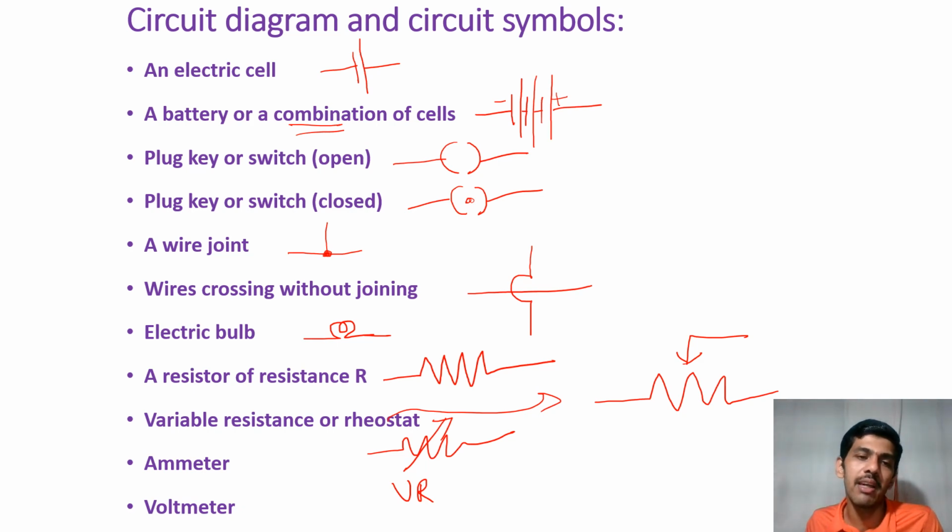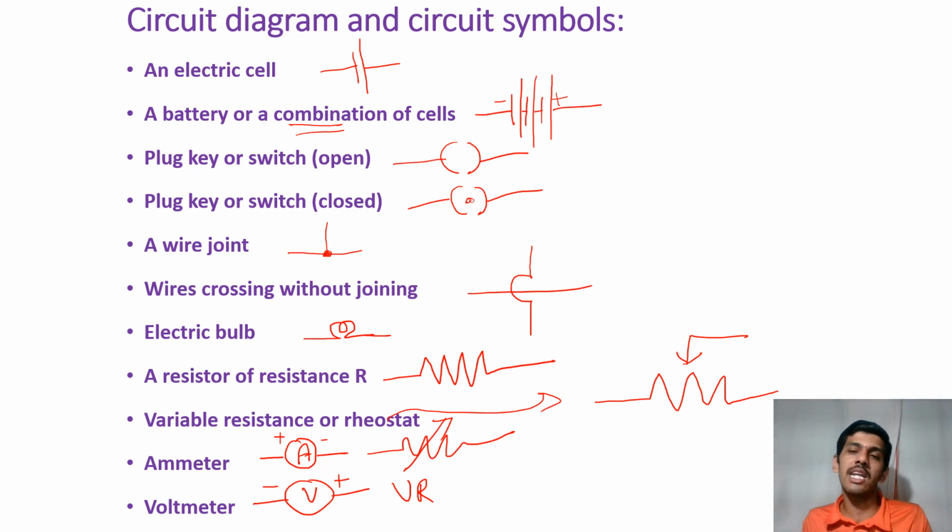And ammeter, this I have already discussed. An ammeter is represented like this, with a capital A inside it. Towards one side it is positive, towards the other side it is negative. And a voltmeter is represented like this. Towards one side it is negative, towards the other side it is positive. Any side you can represent negative and positive. These are all the circuit symbols. These are very important from the examination point of view. So next we shall discuss